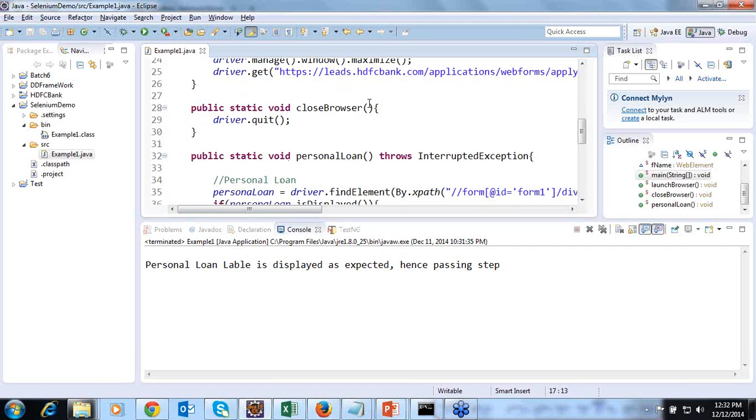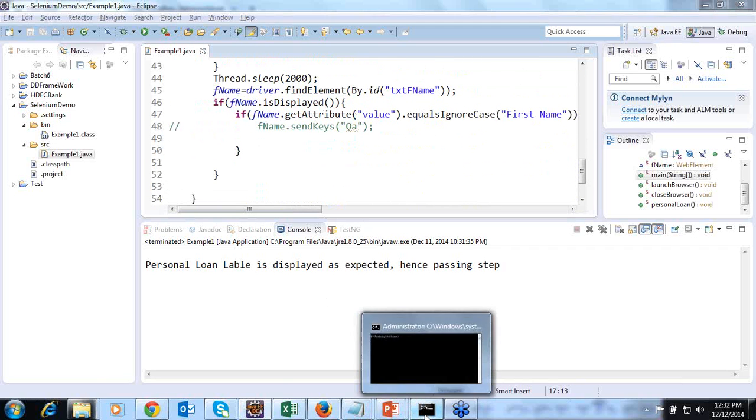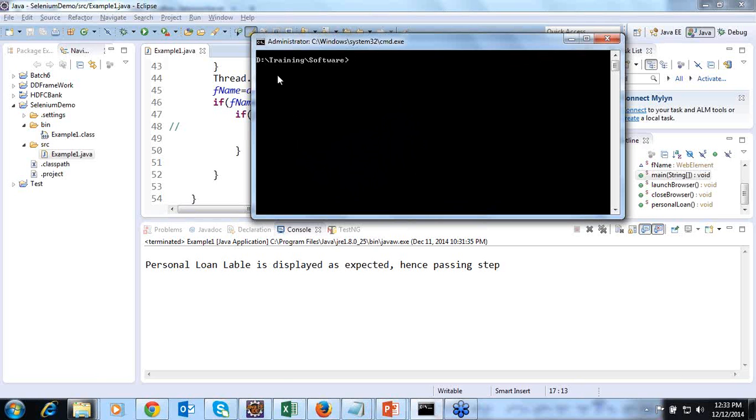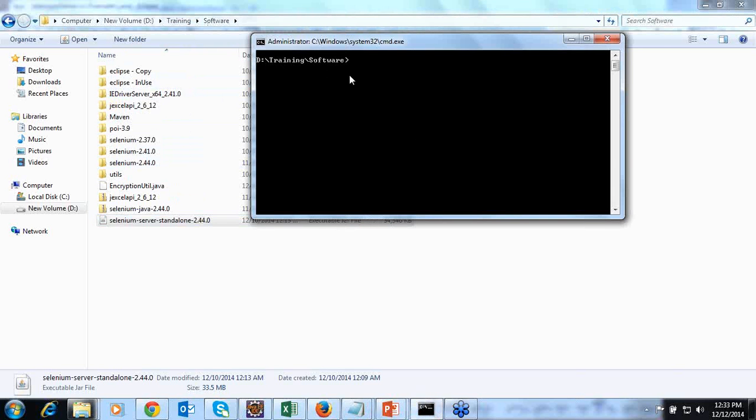To start the Selenium RC server, we have to go to the command prompt and go to the folder where you have saved that API. In my case, I have saved it in a folder called training software. Here I have navigated to training software.